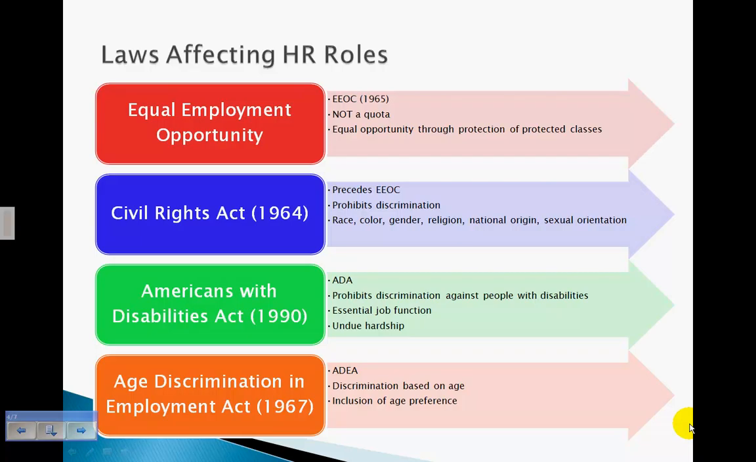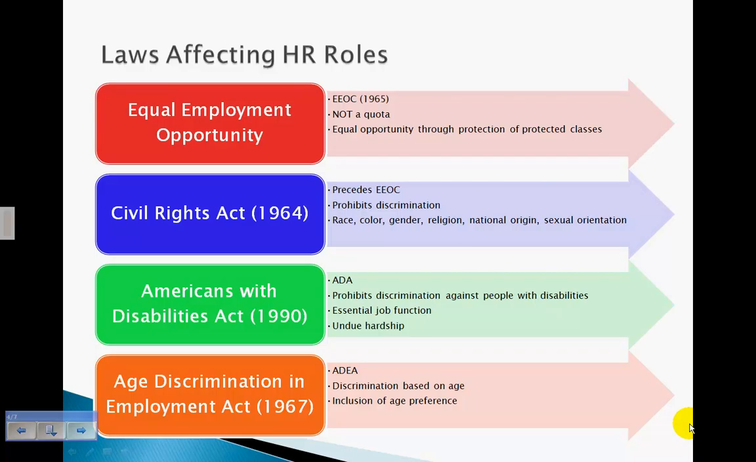In 1965, the Equal Employment Opportunity Commission was put together in order to ensure that protected classes, which we'll look at next, have an opportunity of the same type as other groups or non-protected groups. You'll notice I did not say that there's a quota. In fact, quotas are illegal. It is the opportunity of everyone to be able to interview for and be considered for employment in as fair a method as possible. So this is equal opportunity through the protection of protected classes, because in 1965 those protected classes were historically the most